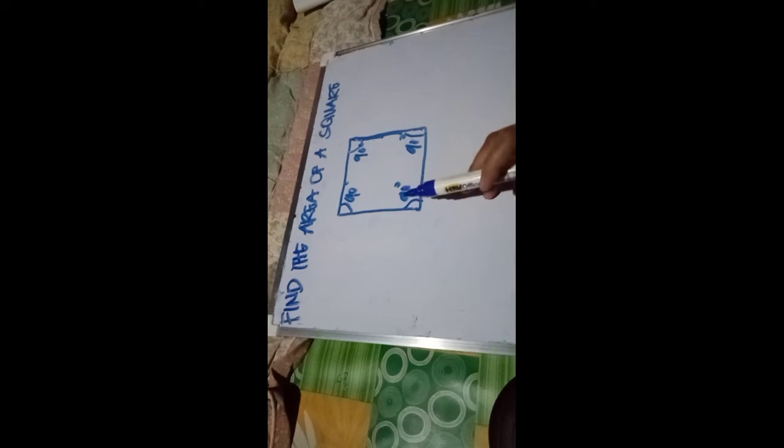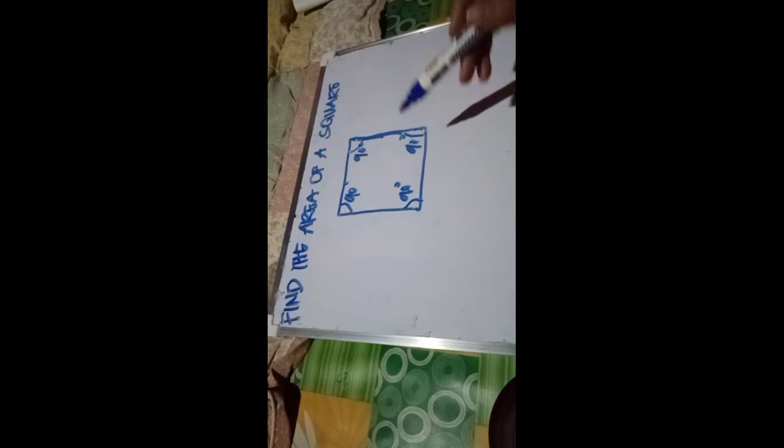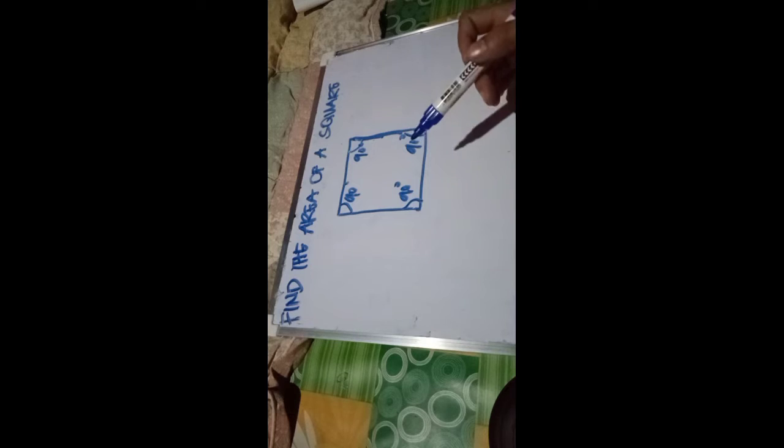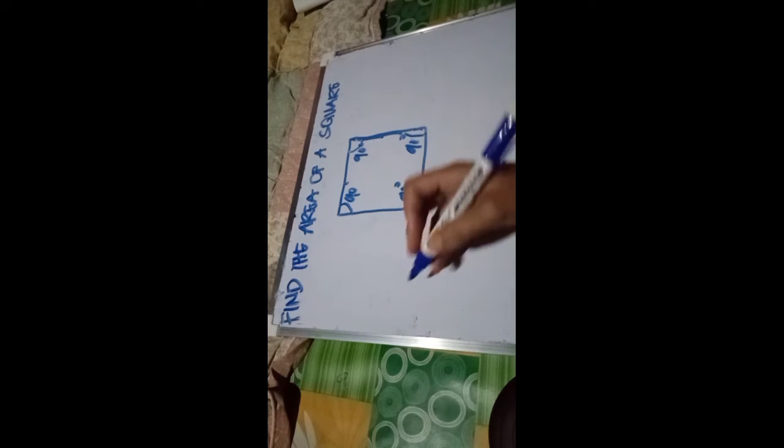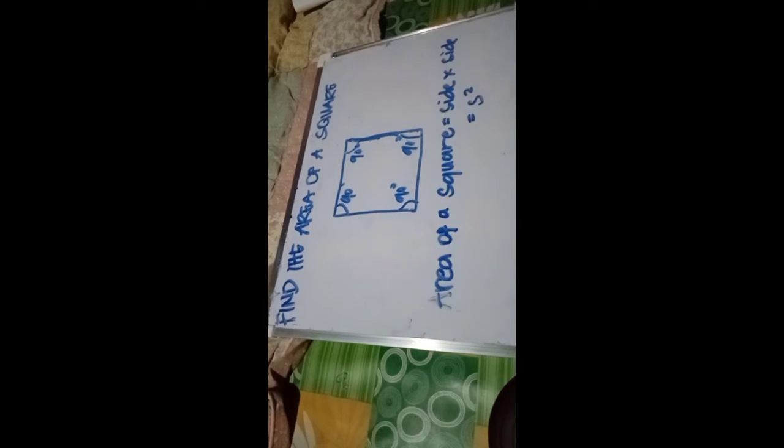Area of a square formula: the formula for the area of a square when its side is given is area of a square equals side times side, which equals side squared. So let's have here the examples of